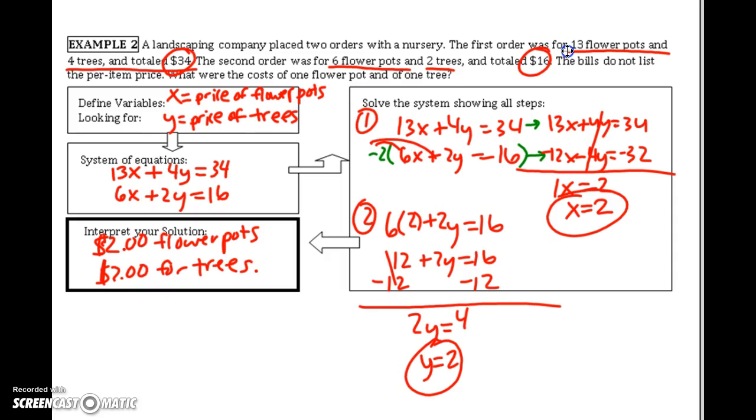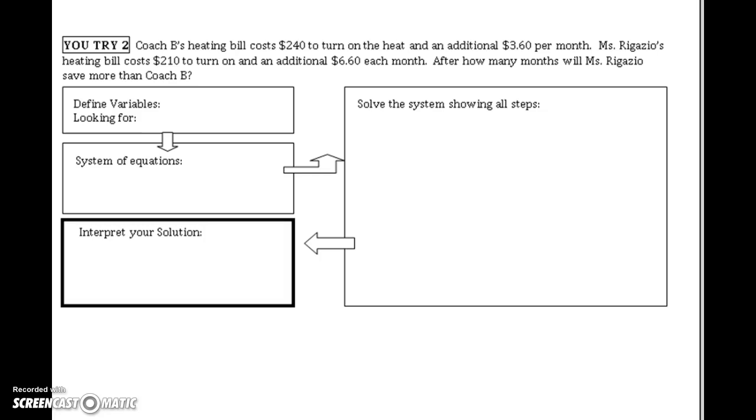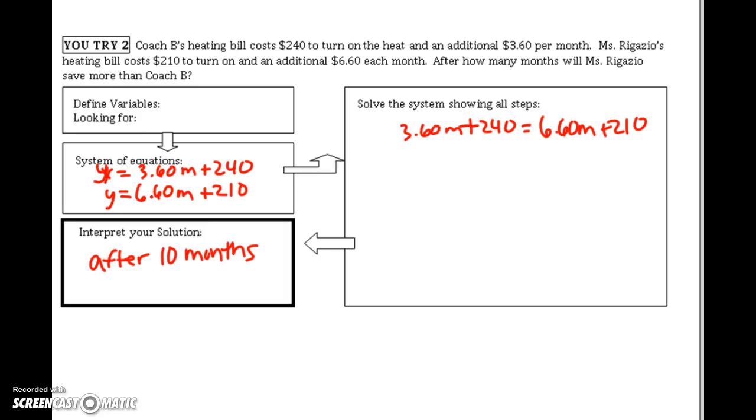Okay. Great. So again, in the next one that you try, I'm going to pause, or you should pause your screen and go ahead and give this one a try. Okay, here's a solution for the You Try. Be careful with this one. In this one, we are setting these two equations equal and finding where they are equal. So we find after 10 months, Mr. Grazzi will save more than